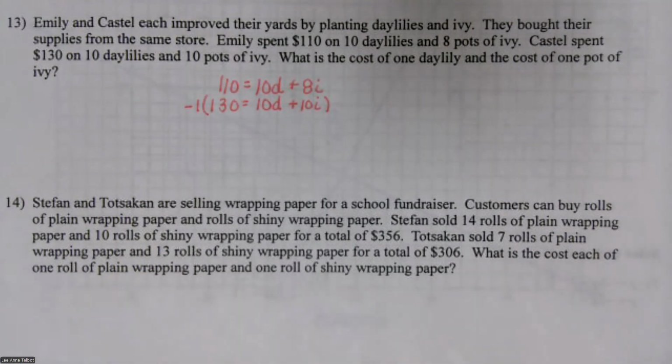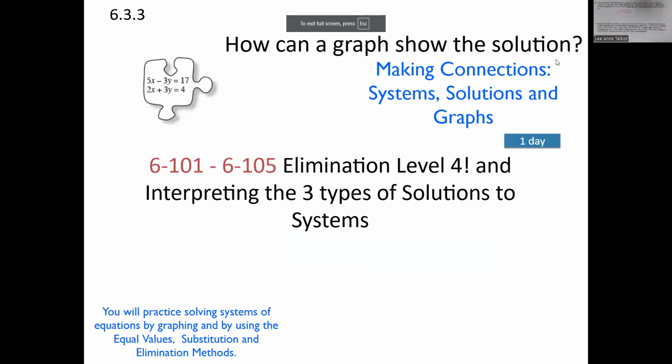Let me show you our agenda for today. Okay. We're going to work on elimination level 4, which is where we multiply both equations. And then we're going to work on interpreting the types of solutions because you guys have a quiz tomorrow. There's 3 questions on it. One of them is substitution method. One of them is elimination method, and I promise you it's not level 4. And one of them is